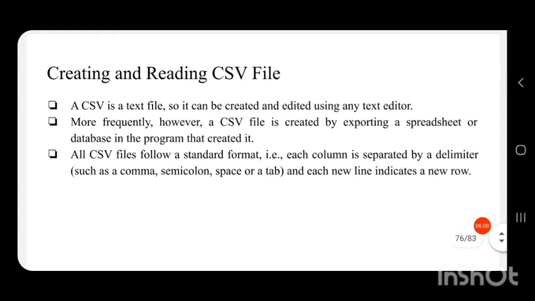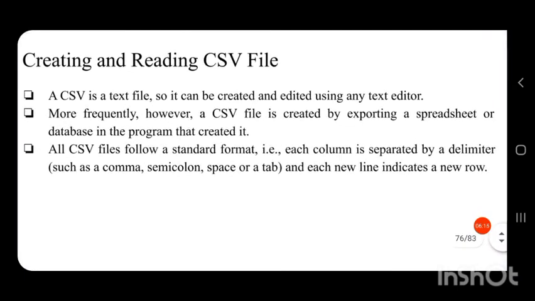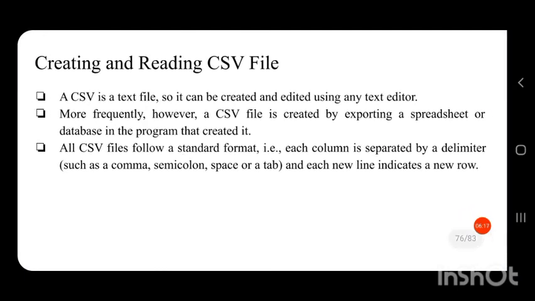Then let us see how to create and read a CSV file. A CSV is a text file, so it can be created and edited using a text editor like our Notepad.